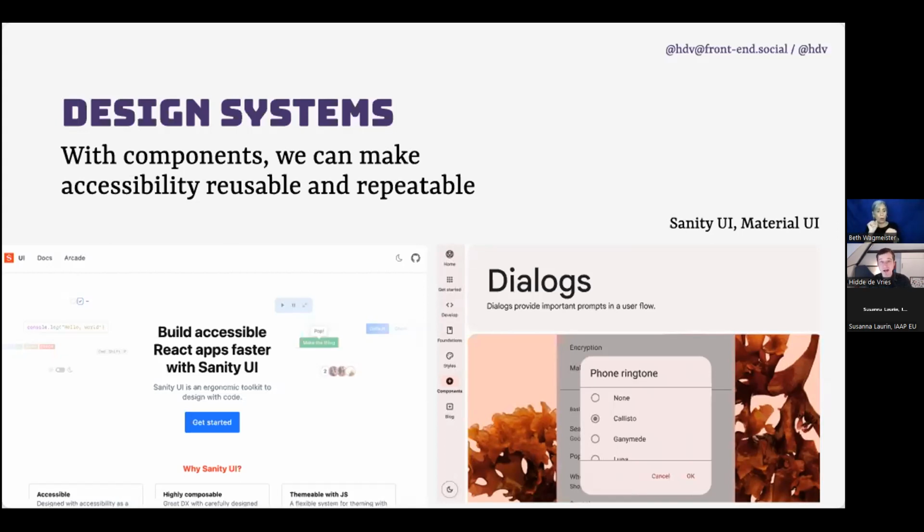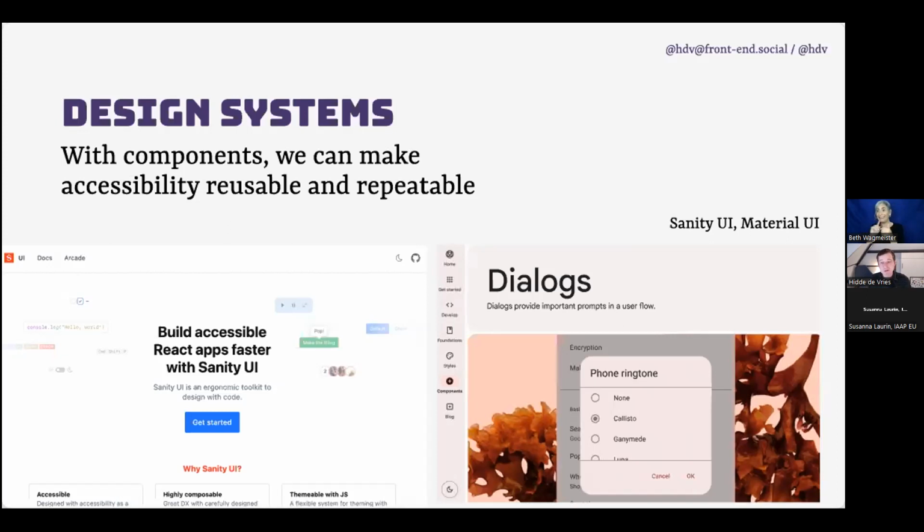And a lot of organizations have their own systems too. So they can all do that. They can all build in accessibility and make it reusable and repeatable. It's a bit of a responsibility as well, because if you have inaccessible components, you're making the inaccessibility repeatable and reusable. If you have accessible components, then you make accessibility reusable and repeatable. That's what you want. So, be very sure that the thing that you are repeating and reusing is actually accessible and has been tested in a lot of ways.